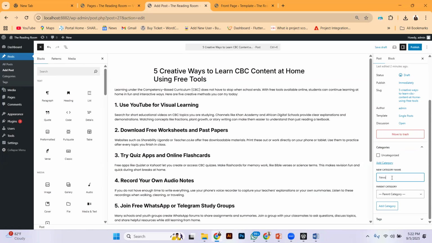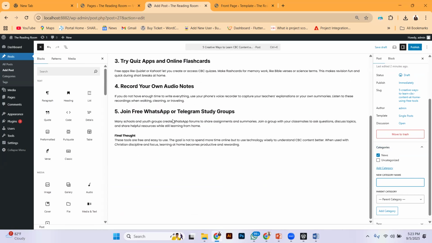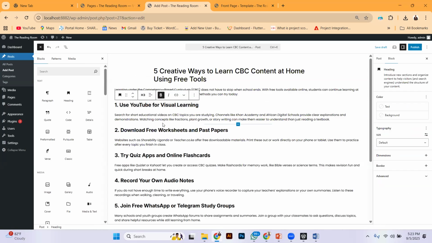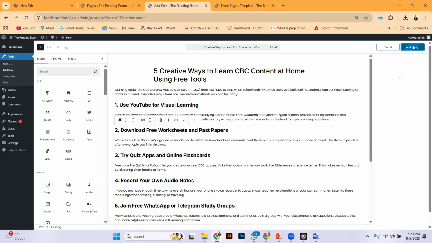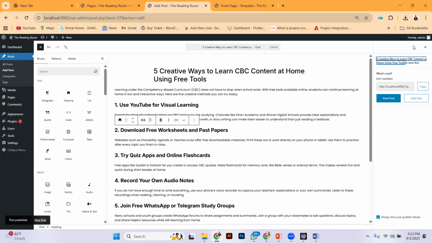Maybe let me just use a generic one as news for learning purposes. I've just typed news and pressed enter automatically because it is the only post that has been pre-selected. When you're done, click publish. The other things, I've tried to dodge talking about as far as headings are concerned: content, images, SEO. So I just have to click publish because I want you to see how the post is going to be